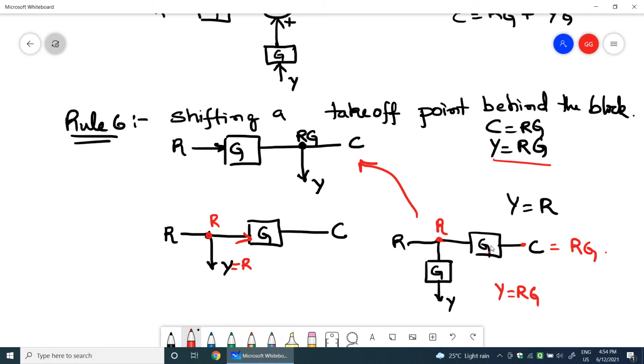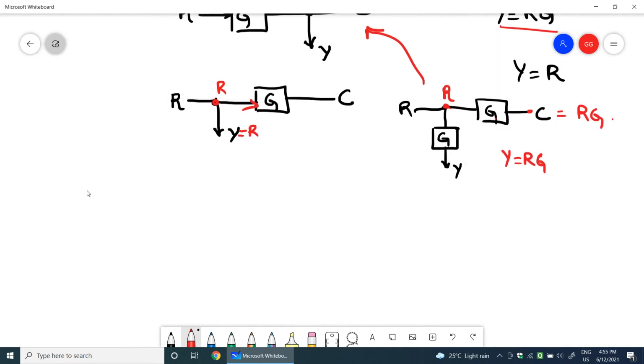So all these 9 rules which we learned today are applied individually and need not all be applied together. There are no block diagrams where you might apply all the rules. Out of the 9 rules you apply 1 or 2 in each block diagram so that the reduction happens. So we learn all 9 rules, and whichever is necessary, you apply it to that particular block diagram to reduce it in the simplest way. Okay, so rule 6 is over. Now let us go with rule 7.